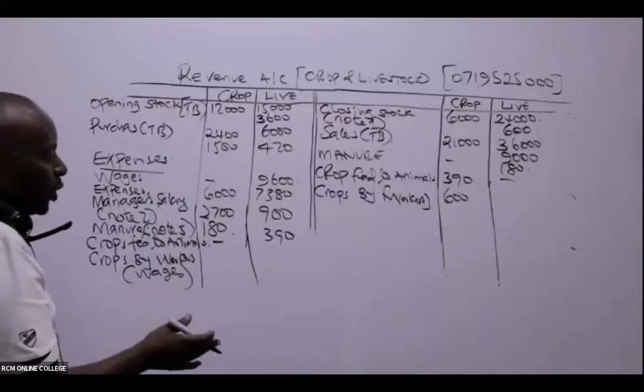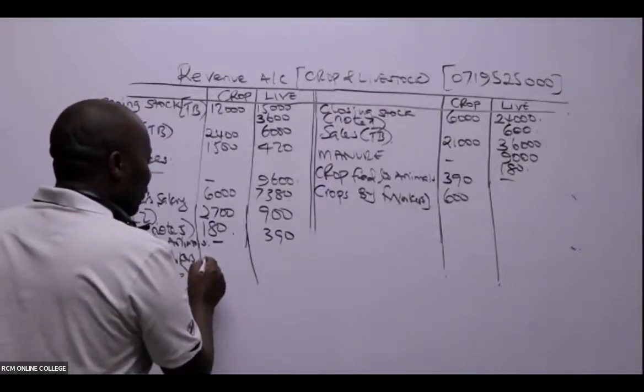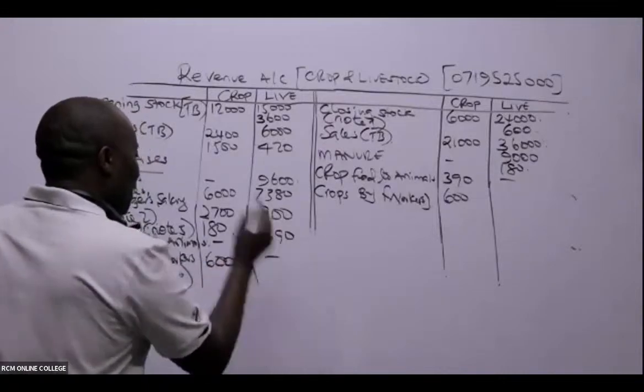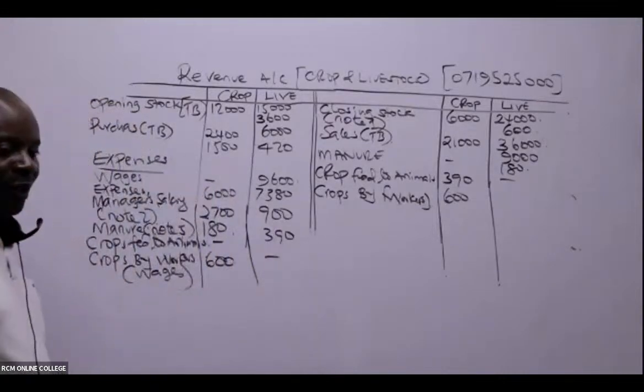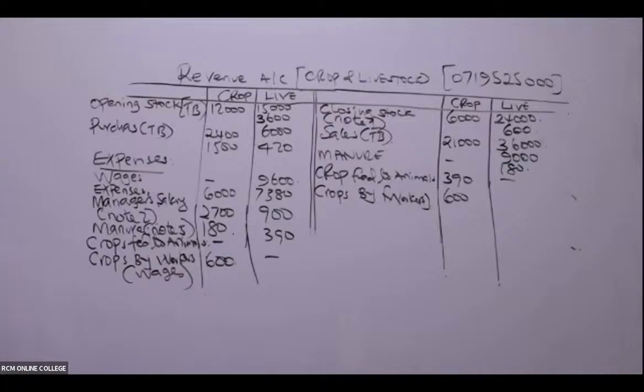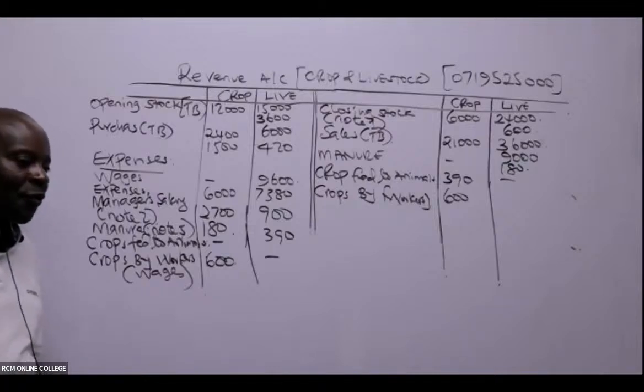This will be called wages. So then, ladies and gentlemen, what do we have here? We have a figure of 600 like that. Can you kindly confirm this? Of course, the moment I do the second example,